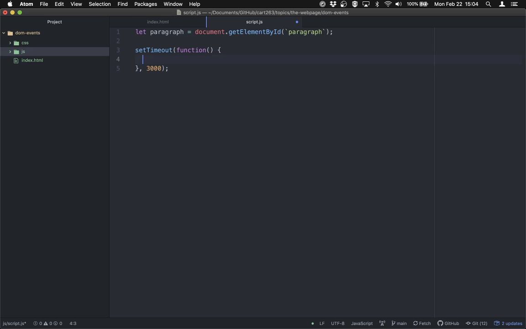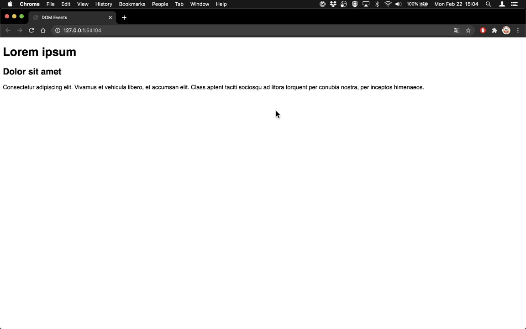In this instance, I'm going to make it turn red. So I'm going to say paragraph.style, and I'm going to access its color property, and I'm going to set it to red because that will be easy for us to see. Okay? So setTimeout is going to run this function here, which we can see sets the color property of our paragraph to red, and it's going to do it after 3 seconds. So if I save this and head back and I wait for 3 seconds,